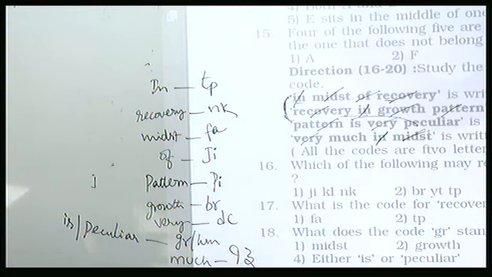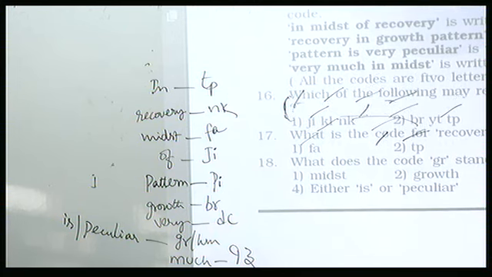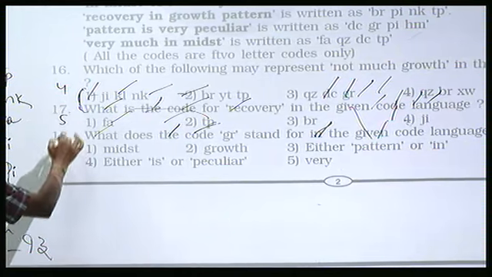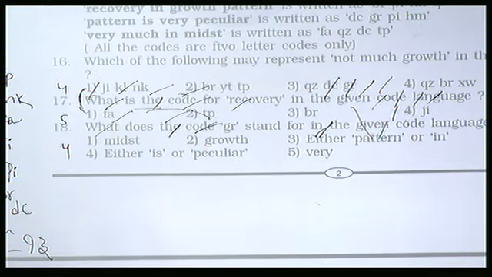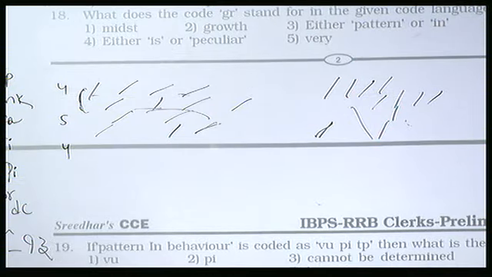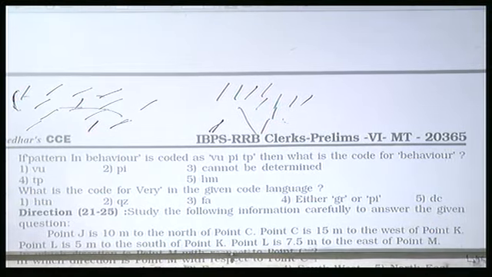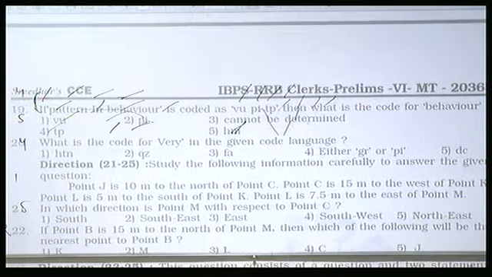And which of the following may represent? Can you work out these questions then? 16 to 20. Now in this 16 to 20, 16 twice, 4, 17, 5, 18, 4. 4, 5 and 4 are the choices to these. Write down this. These are the codes, and for these two we cannot identify. And 19 and 20, 1 and 5 are the choices. Then 21 to